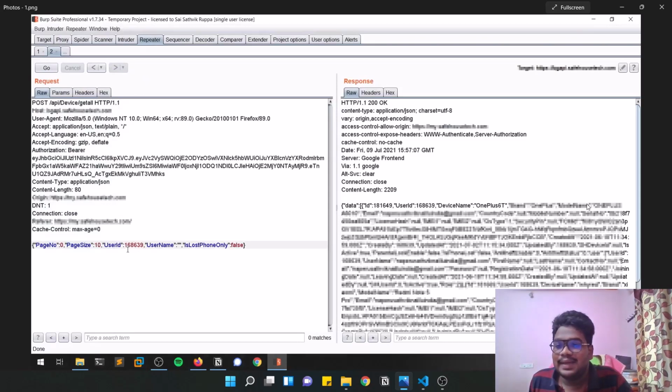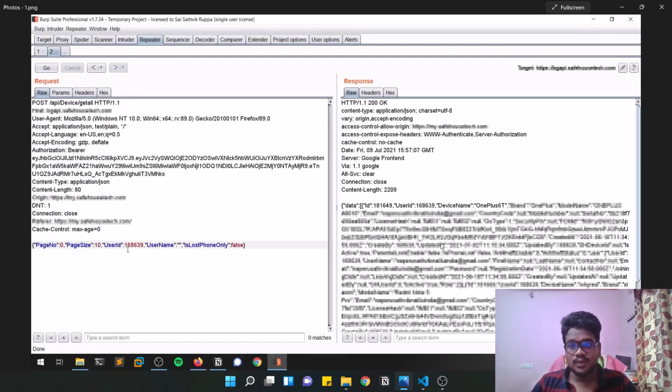Okay, and I was able to view some details like email, the last shared location, the last time the location was shared, like latitude and longitude, and some addresses.